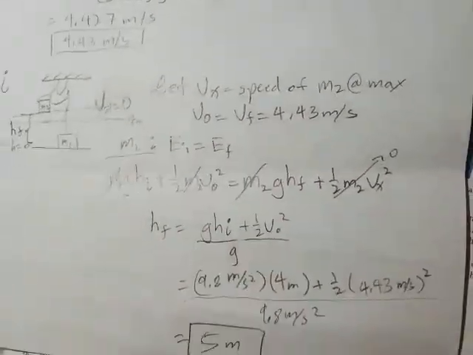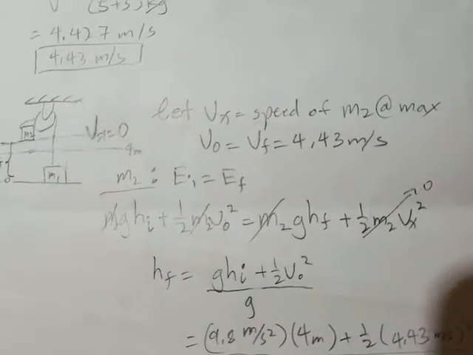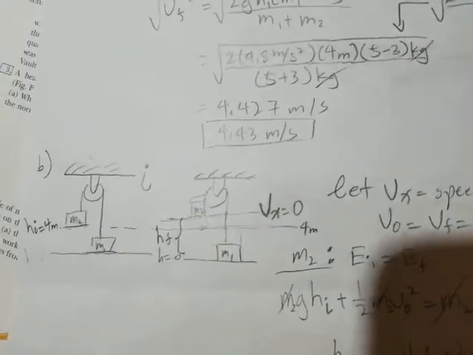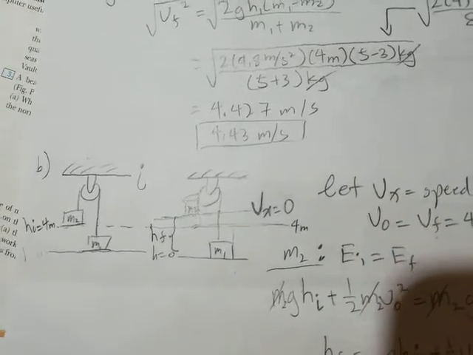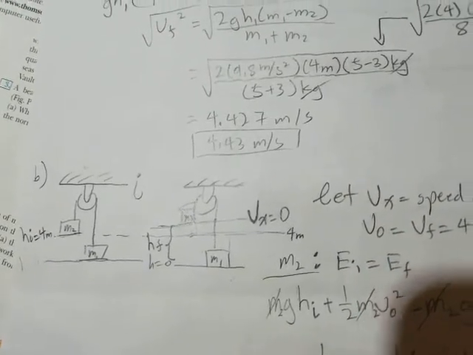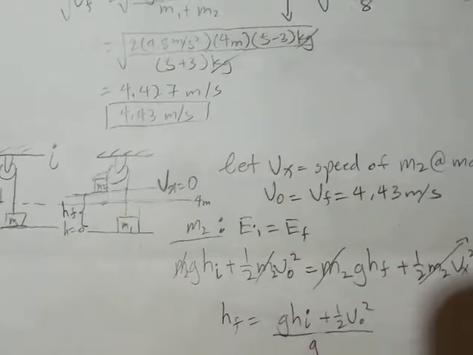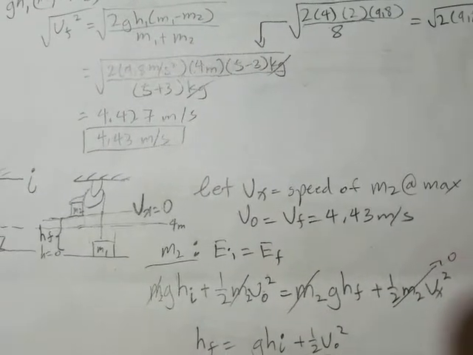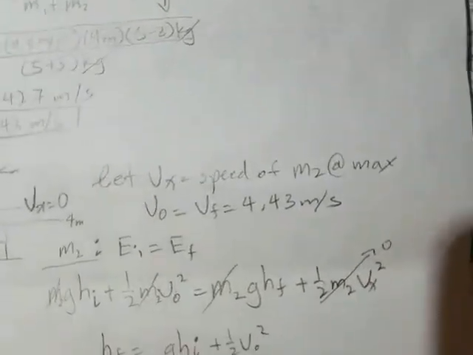Okay, so what I did was I just put in the values, where I labeled the initial height at 4 meters, meaning the moment M1 hits the ground. So that's where I label my initial height. And we're searching for the final height. Put in all the values. The final velocity should be 0. So this term right here